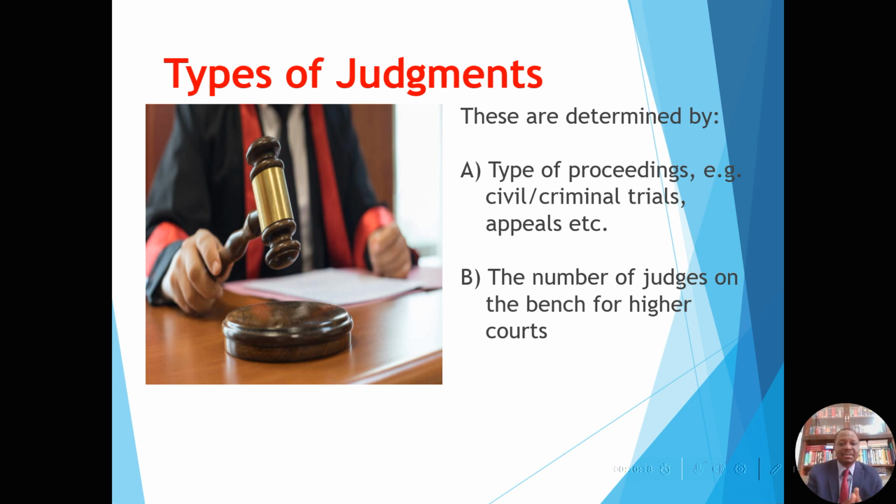When it comes to types of judgment, this is another issue I think we all need to understand. There are different types of judgment, and the distinction depends on the nature of proceedings. If it's a criminal case, that will determine the types of judgment. If it is a criminal trial, that also determines it. If it's an appeal, again that will determine it, because if it's original proceedings in civil matters, then of course there will be issues that the parties will agree upon and the court will record.